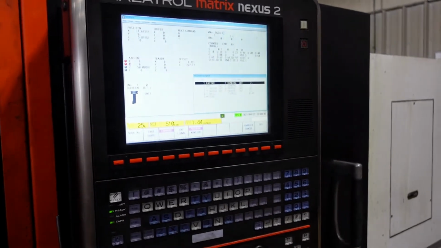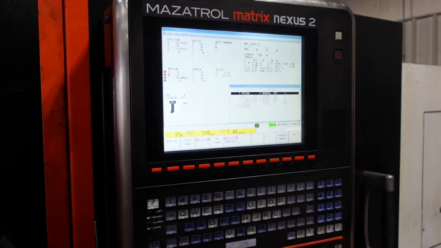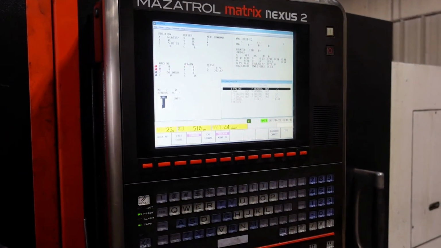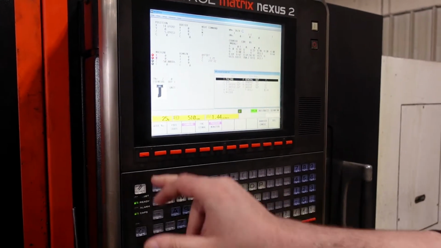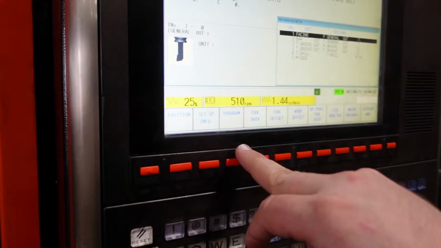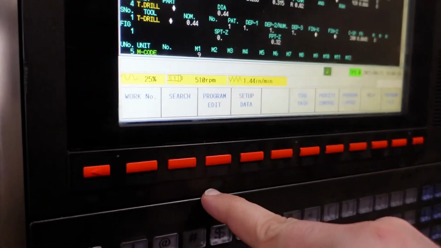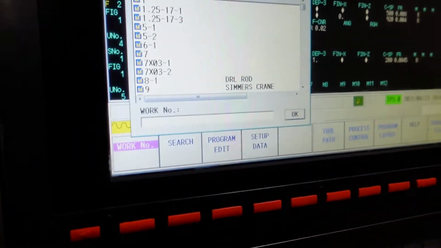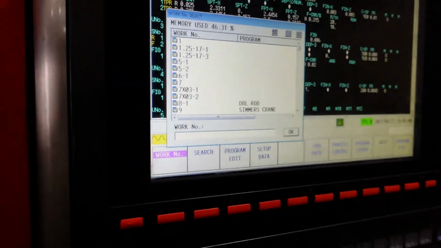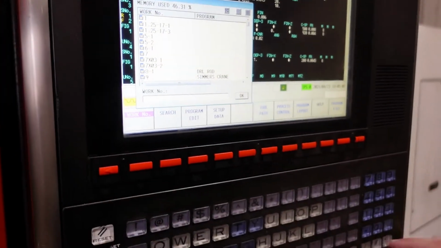Basic machine programming for a face and turn part is really quite simple on a Mazak. So generally you'll start with the left soft key and hit your program button here. Now you'll want to edit a work number. You pull up a work number. And if you don't already have a work number, it's okay, because you can just put in whatever work number